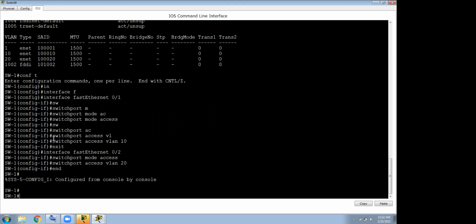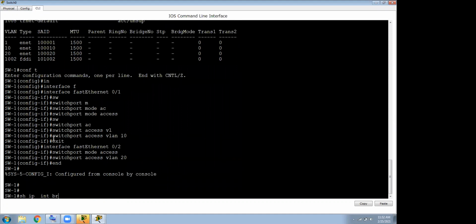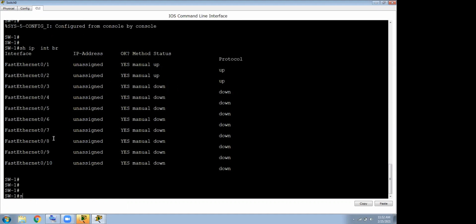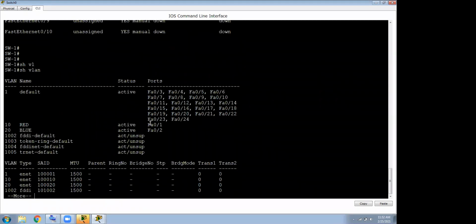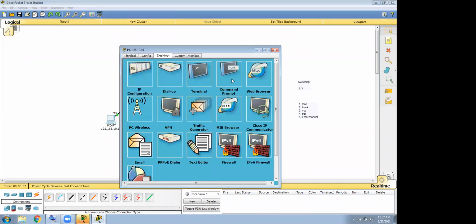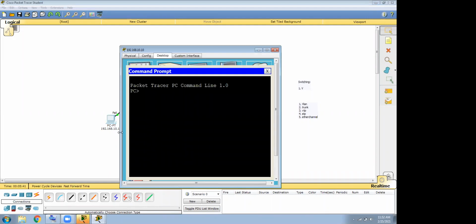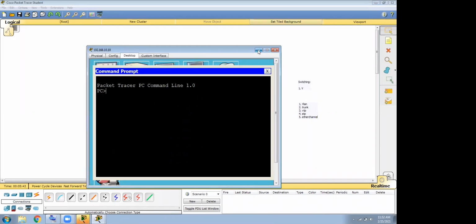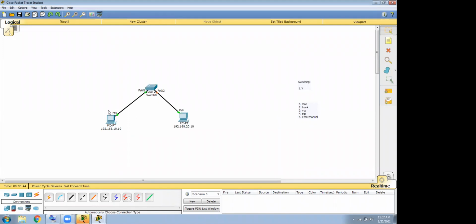If I go and check show vlan, you can see I got this one. Now see here the spanning tree, how it is now taking the time: listening, learning, forwarding, and all. So now my question is, from this machine in VLAN 10, am I able to ping to VLAN 20?